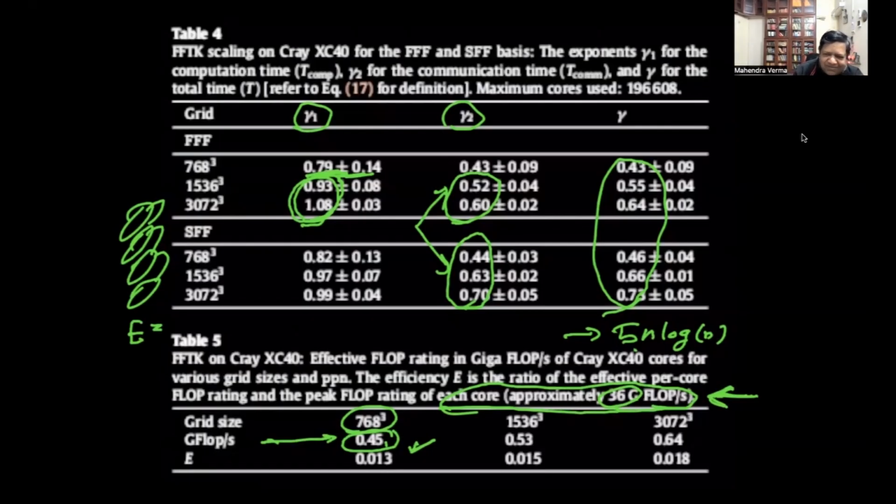Okay, that's the maximum flop rating. So we get around, best is 1.8% for the big grid. So 2% is what we get after all our trial optimization. It's not the best optimization, but that's what we got. Well, we can't claim to be the best. I mean, there are places we can still optimize.